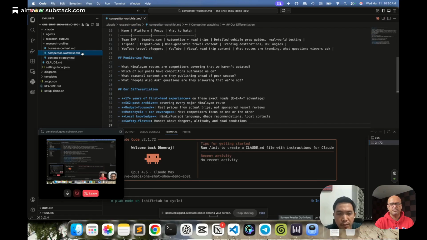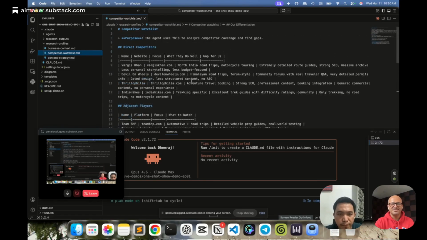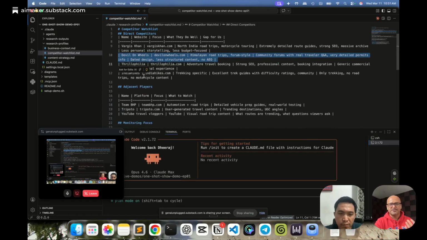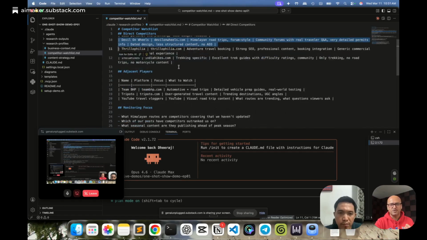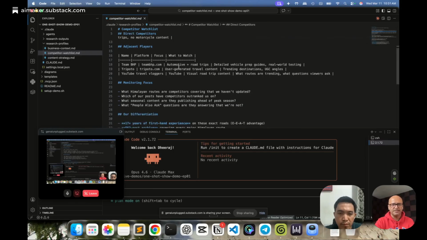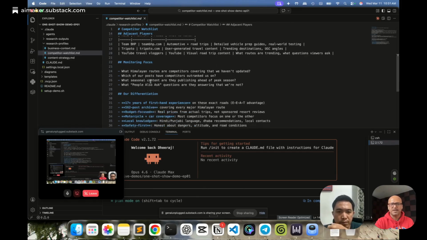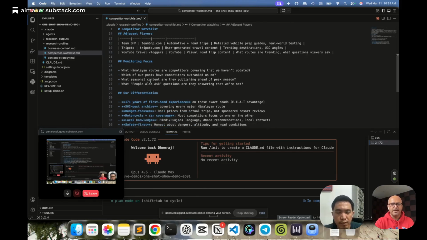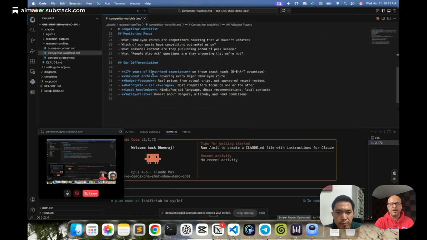And finally, this is the meat of it, I would say. This is where you can have direct competitors. These are some of the competitors, and like I said, it figured out that I myself am a competitor because this was an old brand and I converted it into a new one. So it is treating it all over the internet as also competing with me, although everything gets redirected. These are some of the adjacent players, more like a forum, a website, and travel YouTube bloggers. So you can structure that as well: what are your direct and adjacent competitors, what you have to monitor, and our differentiation.